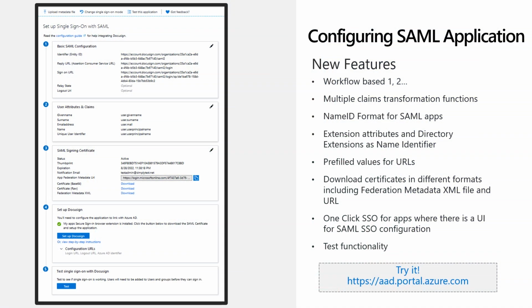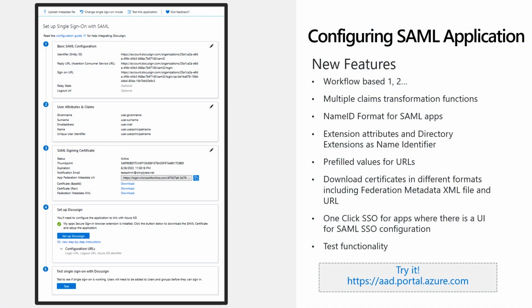A very good example of that: previously, we did not have employee ID as a first-class attribute in Azure AD. And that's where a lot of our customers used to sync employee ID as an attribute from Azure AD Connect to an extension attribute, 1 through 15. You can use any of them and just sync it. That way it will be available in the cloud, and then you can utilize that value as a name identifier value to send to the application.